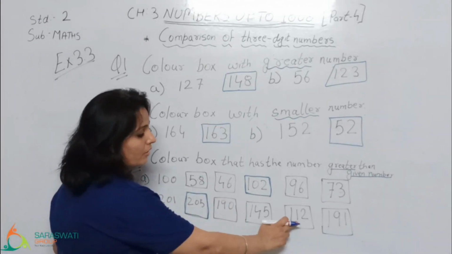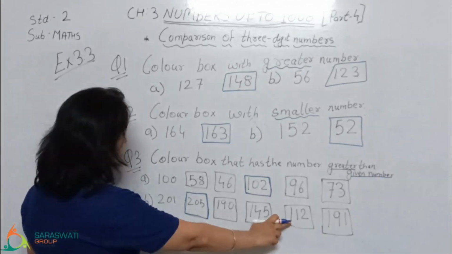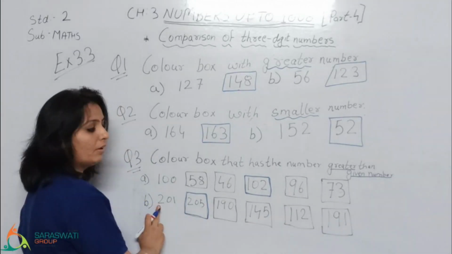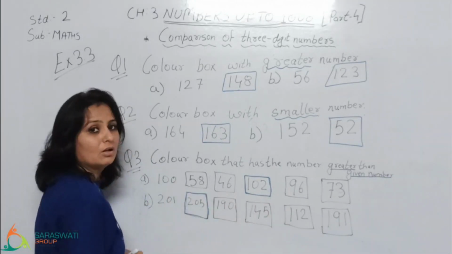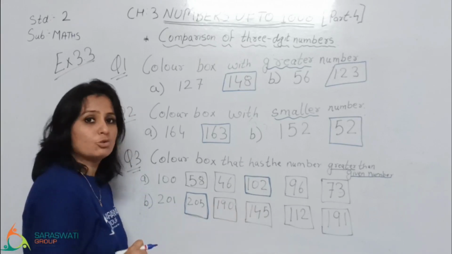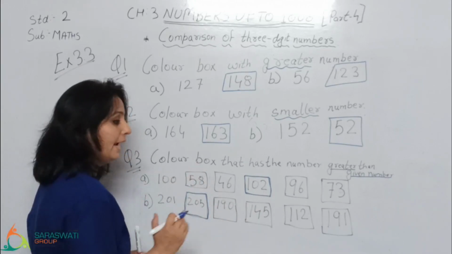Next 112. Hundreds की प्लेस पर कंपेयर करो. ये बड़ा है, ये छोटा है. तो again this number will also be not colored. And last one